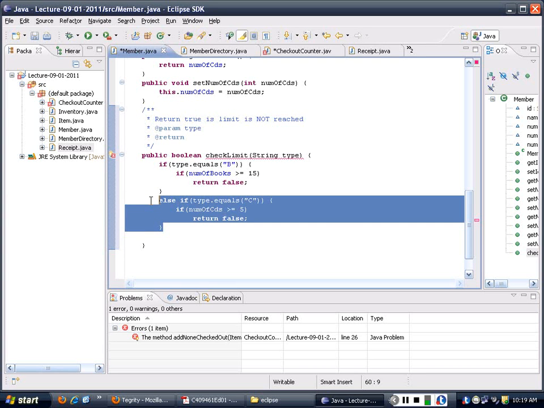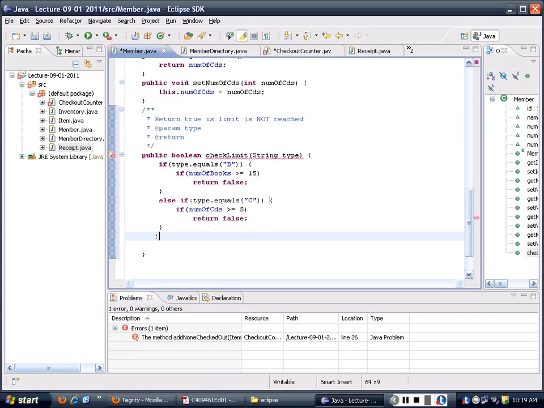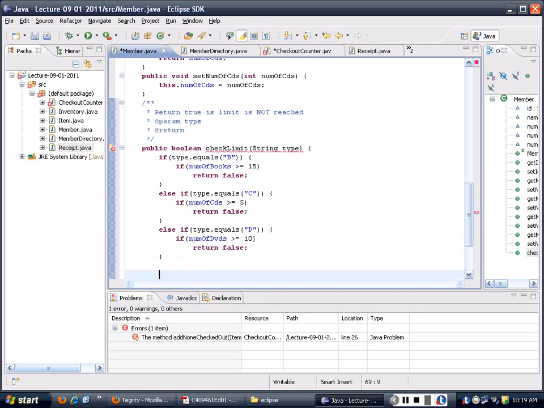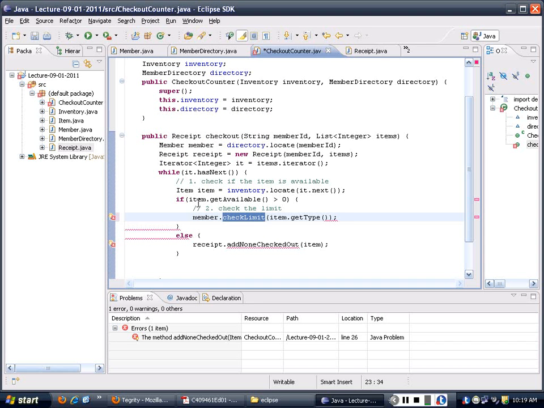And similarly, we say if the type is equal to D, the number of DVDs is greater than 10, it would return false. Otherwise, we are going to return true, which means that this guy is good to do the checkout. Okay? So here we say if this member is good for checkout,